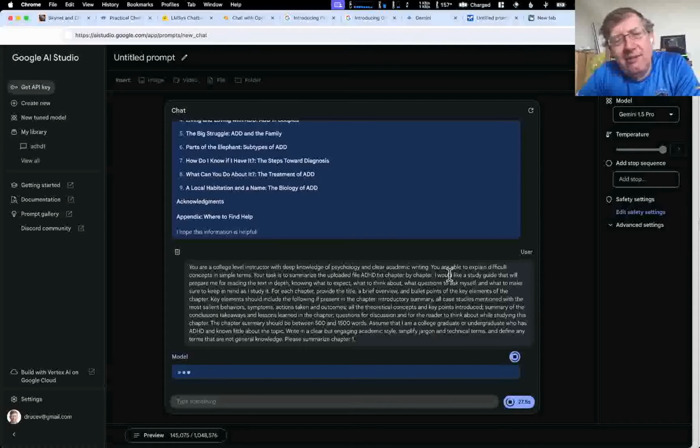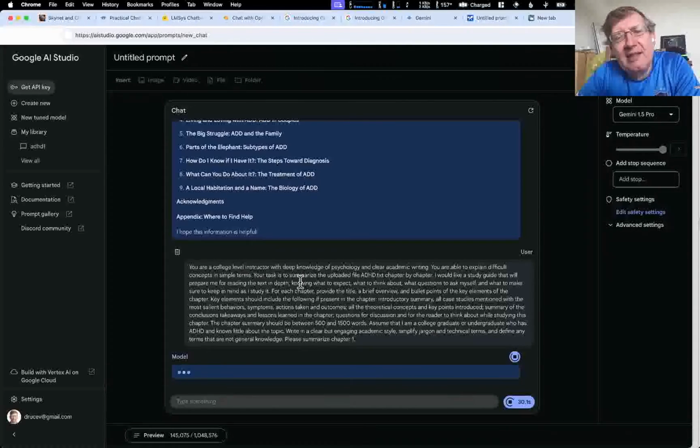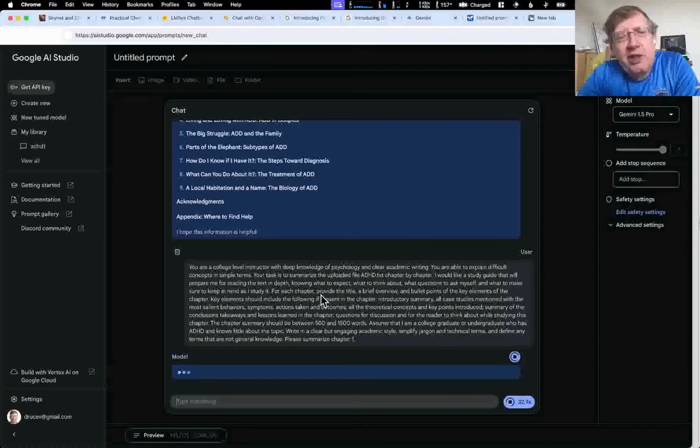I want a study guide, like Cliff Notes, to prepare me for reading the text in depth. For each chapter, here are the things to focus on and to provide, and summarize in 500 to 1,500 words. And who's the audience? I'm a college graduate or undergraduate, and write in a clear but engaging academic style, etc. So